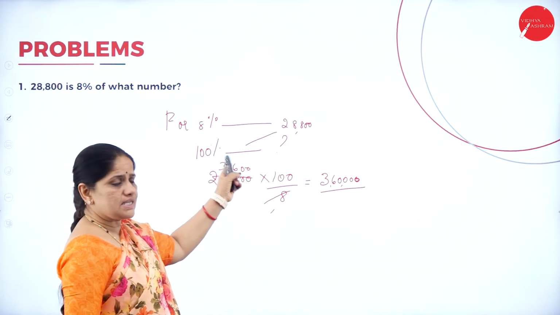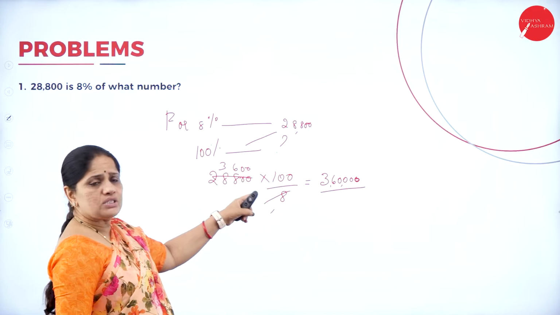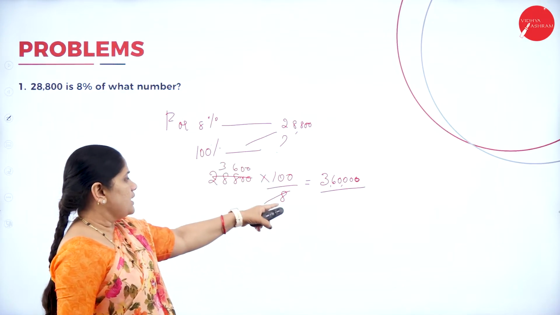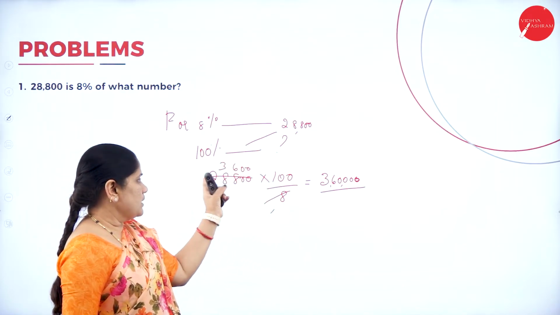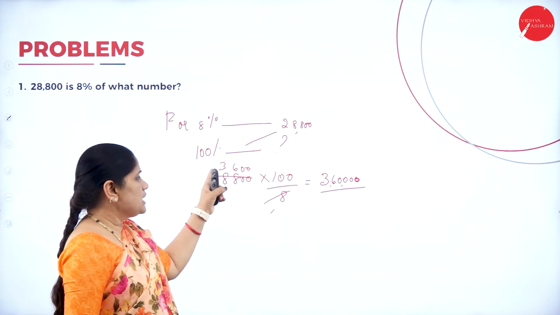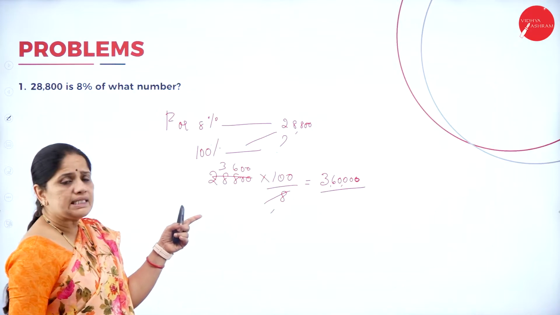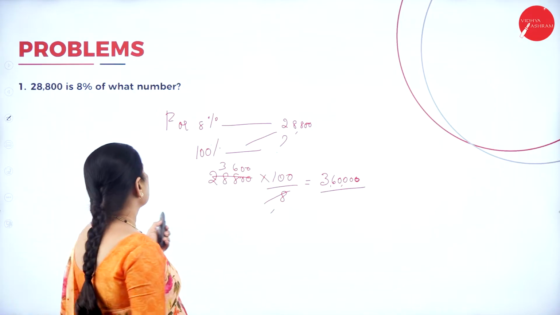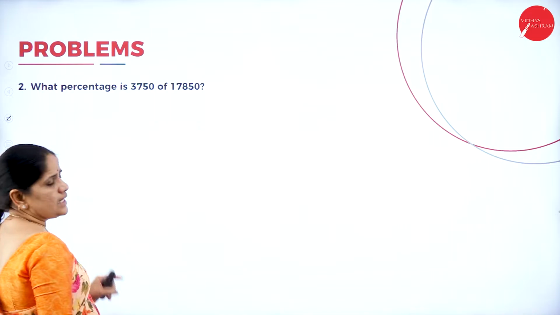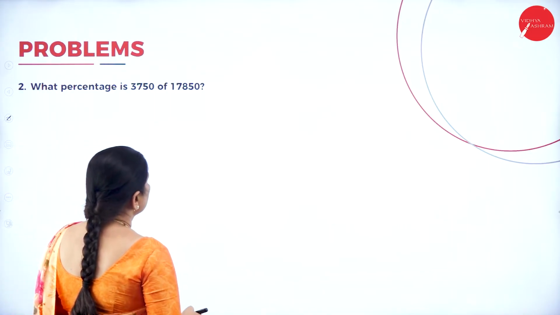So, for 8%, the number is 28,800. For 100%, how much? So, 28,800 into 100 divided by 8. So, it is divisible. So, 3,600 into 100. So, that comes up to 3,60,000. Next, what percentage is 3,750 of